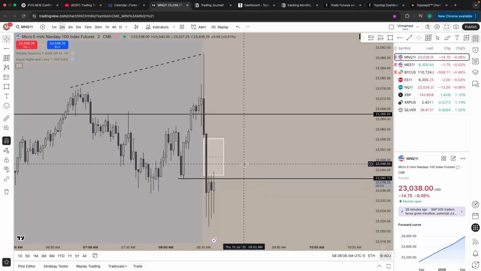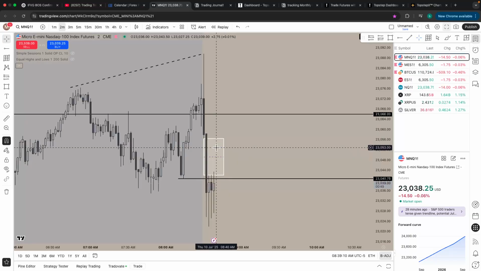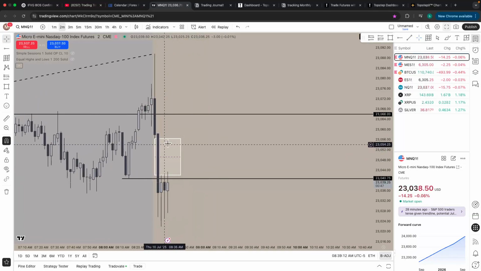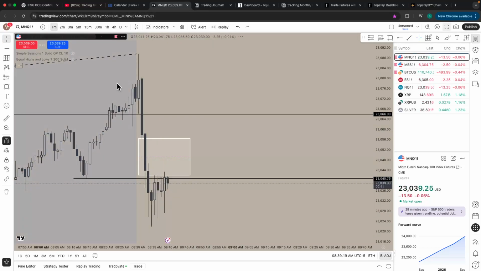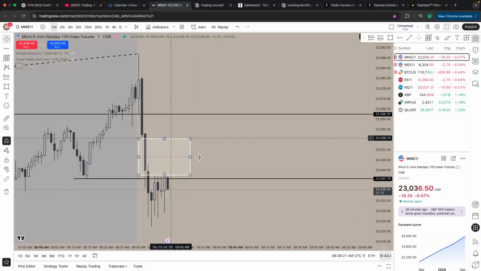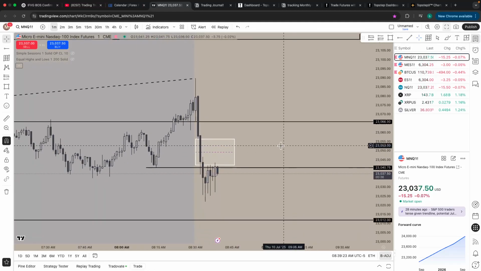I think we come back up into this. I'd like to fill in gaps with it. I'd like to come back up into this gap high up here, where it can give me a 1 minute inverse, a retrace, break of structure on the 1 minute, and then I could enter in for shorts down to the smaller time frames.